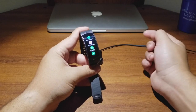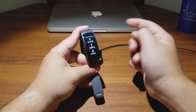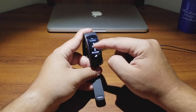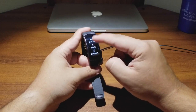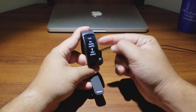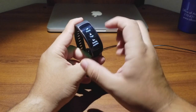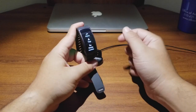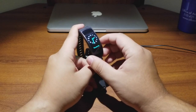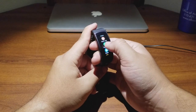which, if you want to start an exercise, you go into that one and change the activity. Like you can run, you can walk, you can cycle, you can go biking or whatever. You can do lunges, crunches. It's got a whole bunch of different modes. It's even got rowing, so that's crazy. Yoga or whatever, you can do that kind of stuff. You can press on one and activate it, and then time yourself or whatever. I don't really use that much, but I mean, if you need it,